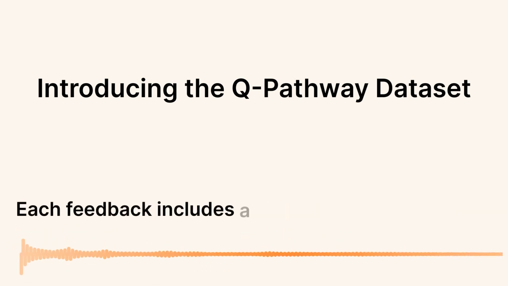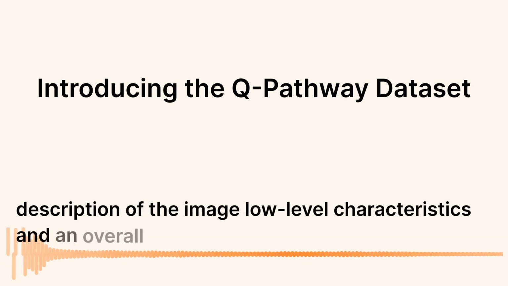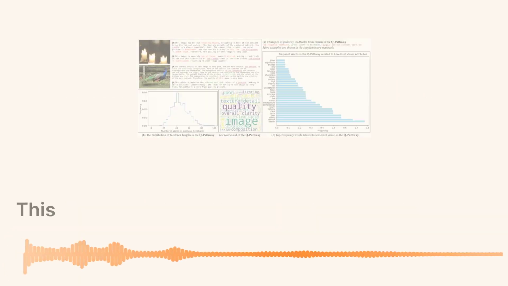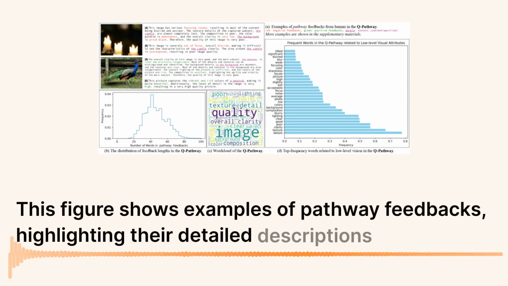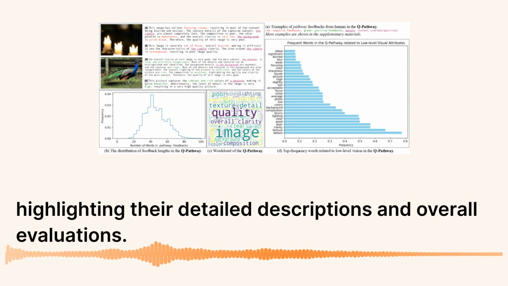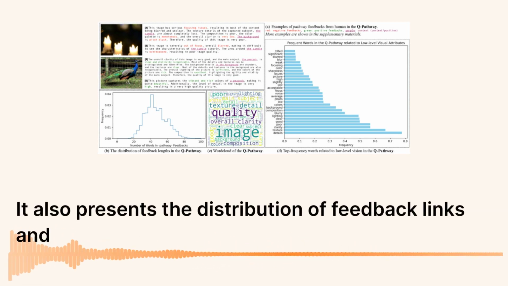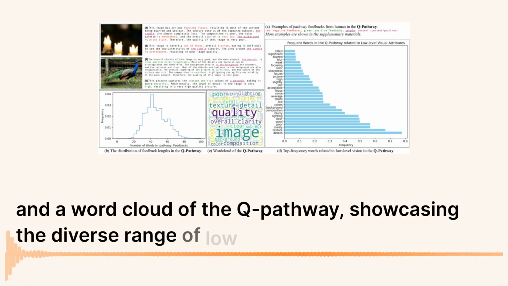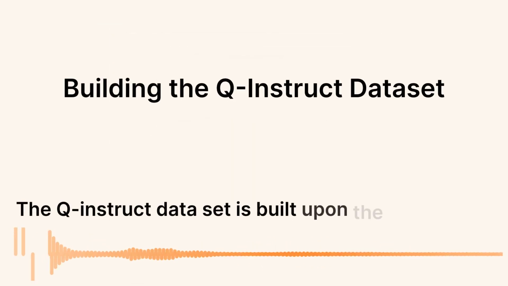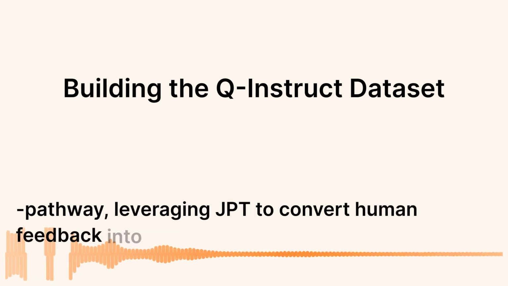Each feedback includes a comprehensive description of the image's low-level characteristics and an overall quality assessment. This figure shows examples of Pathway feedbacks, highlighting their detailed descriptions and overall evaluations. It also presents the distribution of feedback lengths and a word cloud of the Q-Pathway, showcasing the diverse range of low-level attributes covered. The Q-Instruct dataset is built upon the Q-Pathway, leveraging GPT to convert human feedback into a rich